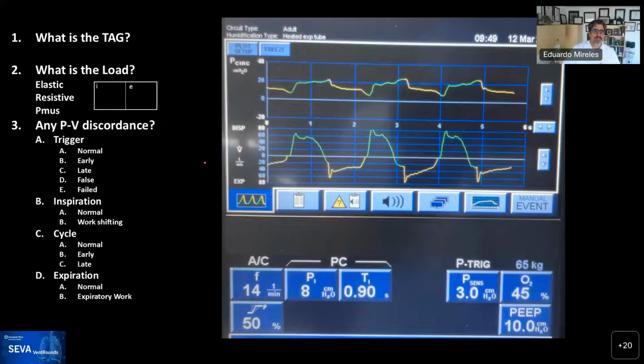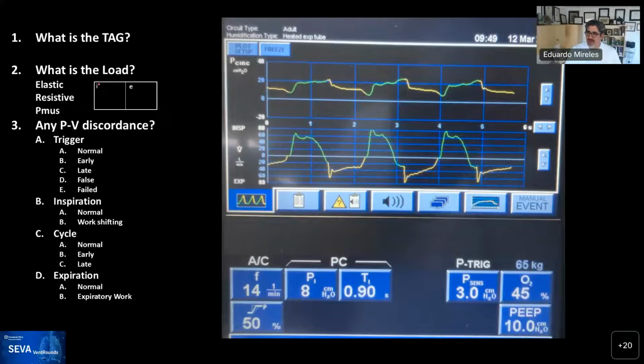Every breath is triggered by the patient, and we know that just by looking at this waveform, by looking at the depression, the drop in the pressure in each one of the breaths during inspiration, and you can see a good amount of drop in the pressure. So it's patient triggered, but we know it's patient cycled, and the key here to know that this is patient